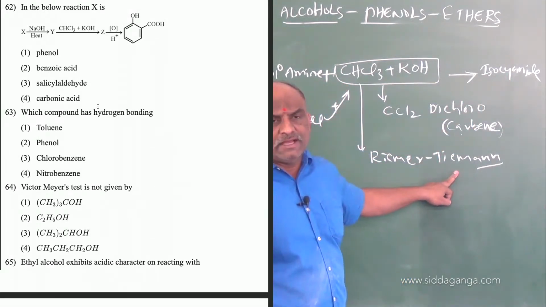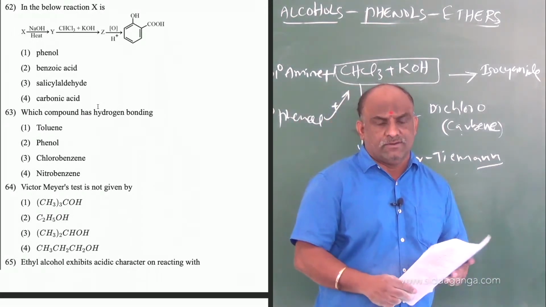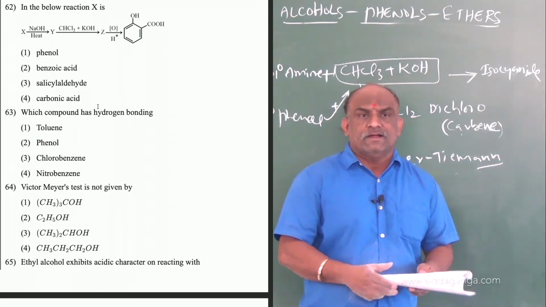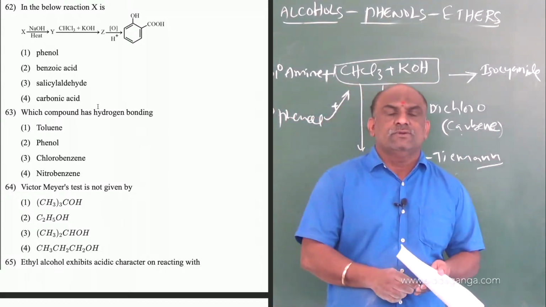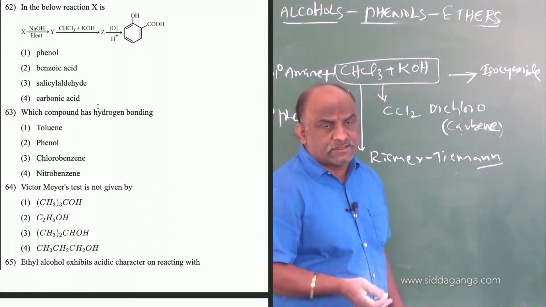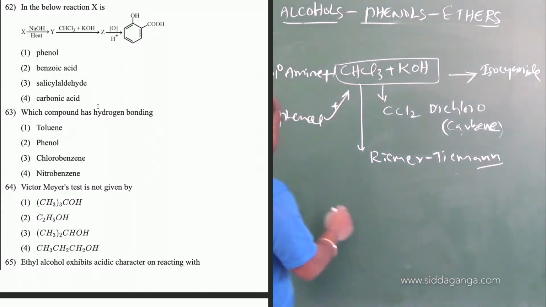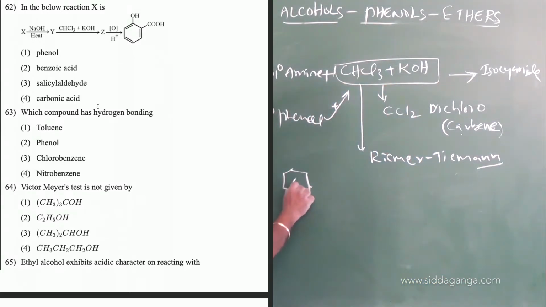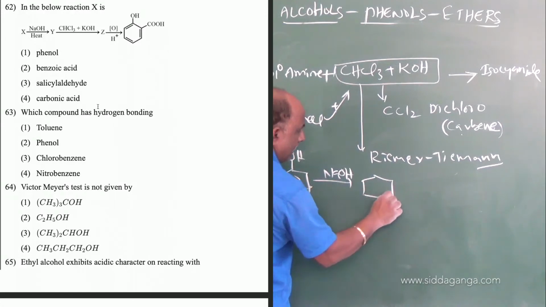In the Reimer-Tiemann reaction, we get sodium phenoxide, then salicylaldehyde, and oxidation of salicylaldehyde gives salicylic acid. So X is phenol. In the equations given, phenol with NaOH in step 1 will get